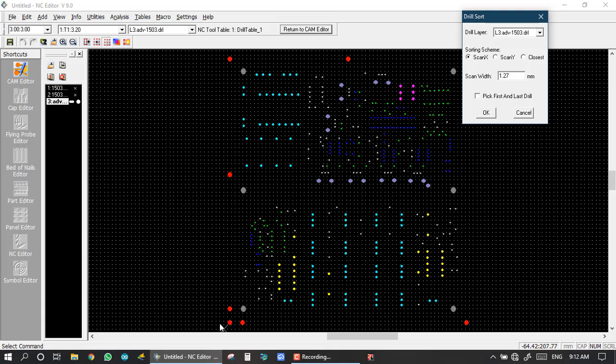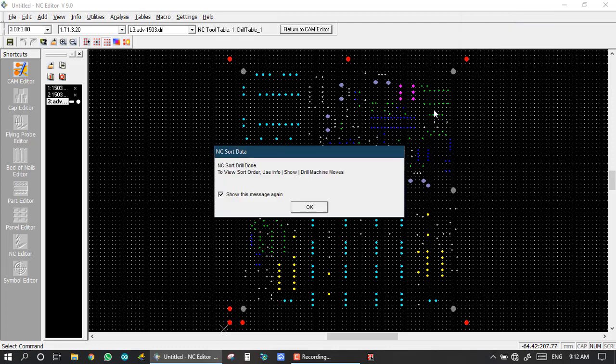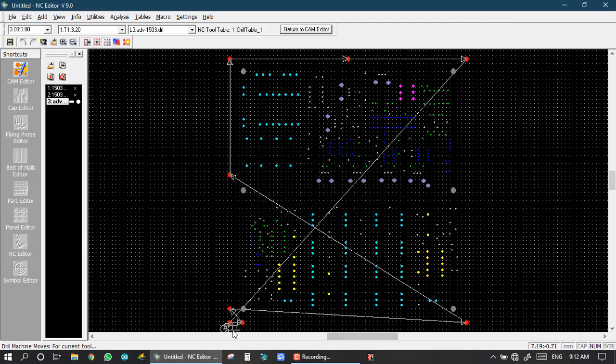After that we find the minimum distance in my X axis. So here the minimum distance is here, and after this, the second time, we scan the drills and take the minimum path in the X axis. So you also take here this minimum path, from here, like here and here. So we click on it. Okay, and now we see the path.